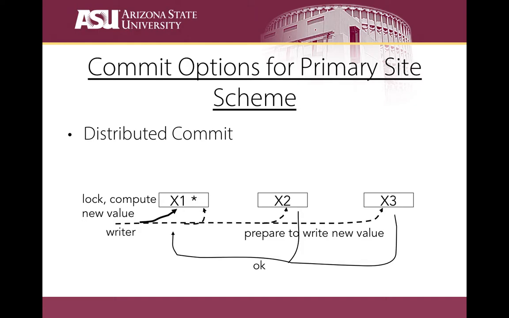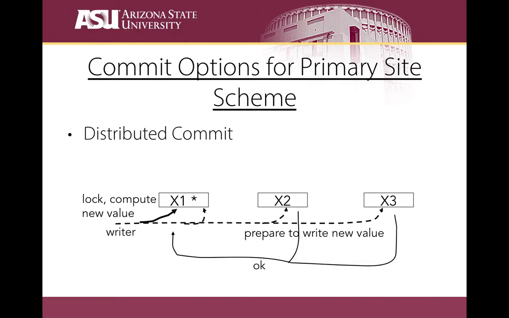Or instead of having this local commit that we did here, another way to do it is to lock X1, right? And then you write X1, also here, at the primary site. And then you propagate the new value. Make sense? And then instead of doing this kind of local commit, you have